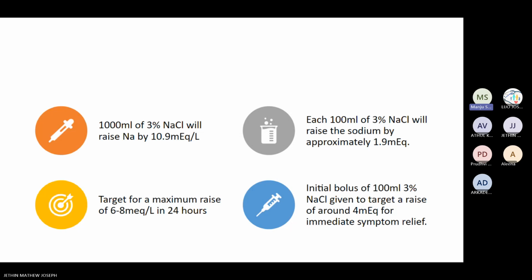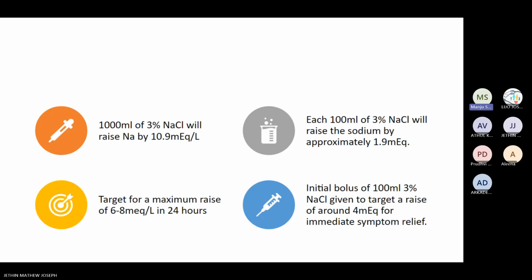So if I'm going to give my bolus, I need to know that each bolus I give is going to rise it by 2 milliequivalents. And that is a very abstract calculation. This AM formula will usually overcorrect, so the actual rise will usually be more than 2. So even though the guidelines say you can give the patient up to a 300 ml bolus of 3% NaCl, you'll have to remember that your target is around 4 to 6 milliequivalents